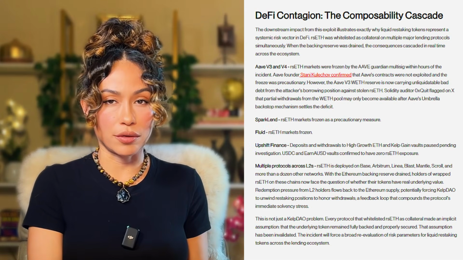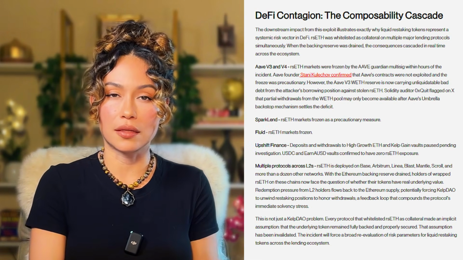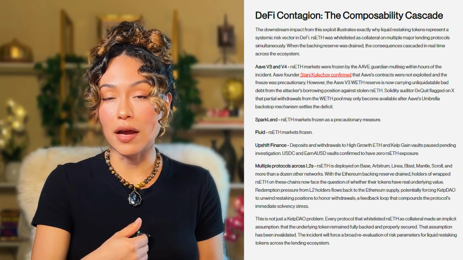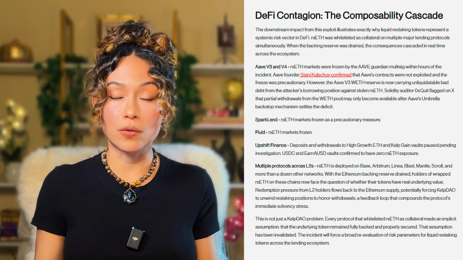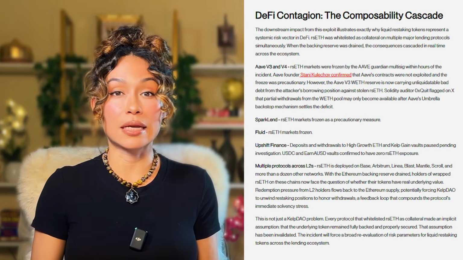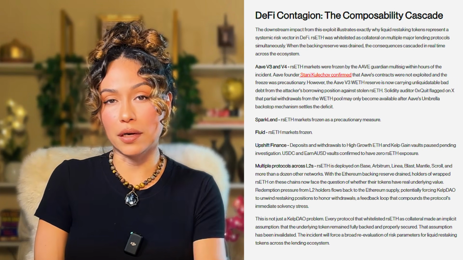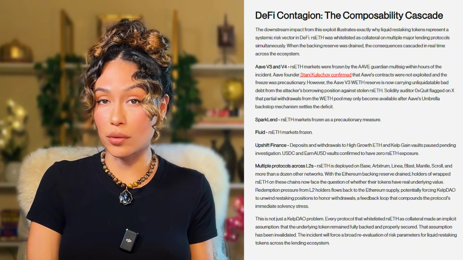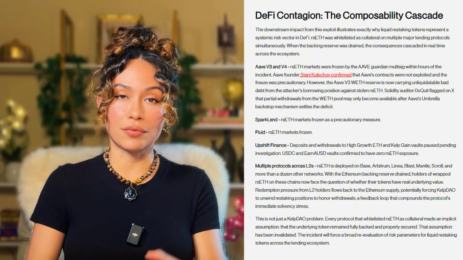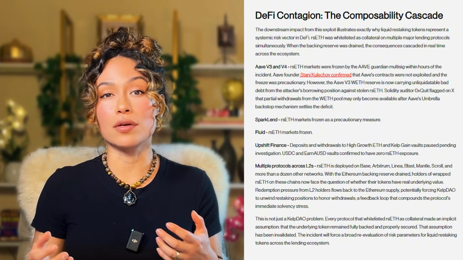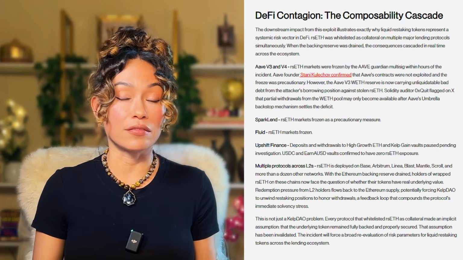So now let us stop and think about what this actually means, because it's the concept every DeFi user should understand. Aave is a lending protocol. You deposit an asset as collateral, and you can borrow another asset against it. Sounds pretty cool. I've used it. And just as an example, if I deposit, say, $100 of ETH, I might be able to borrow $70 of stablecoins. That's a loan to value ratio. The collateral has to be worth more than the loan. Otherwise, Aave has a problem.